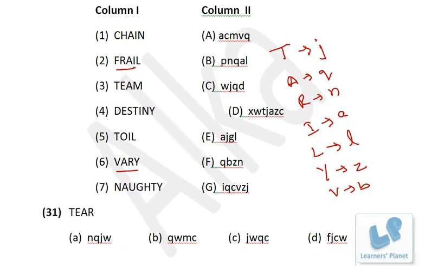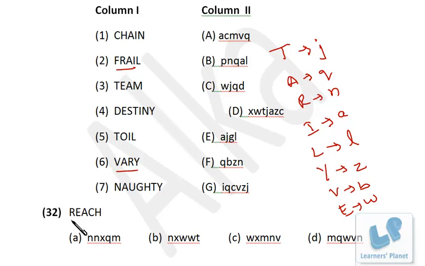Now here we are having the next one, that is TEAR, right? So T, we don't have for E, but TAR is already there. That means JQN should be there in our option. JQN we don't have here. So this is the correct choice, right? So from this we can even find out the code for E, that is JQN. That means E must be W. We'll use it afterwards. Okay.